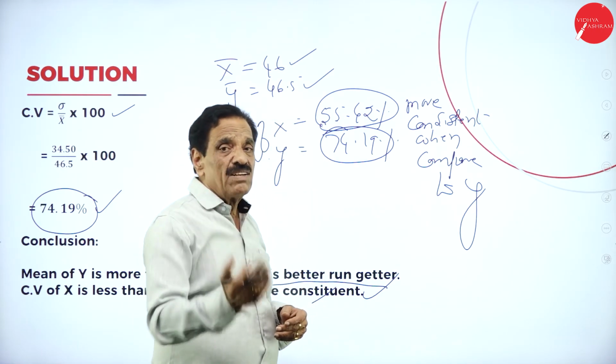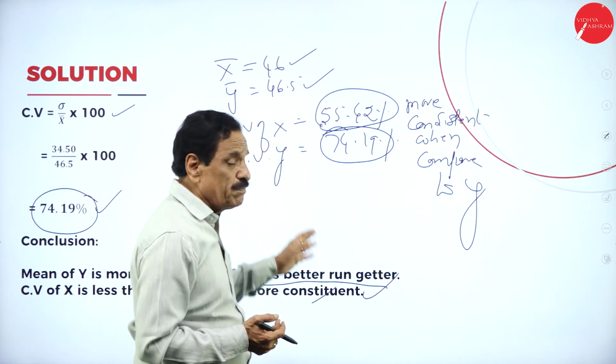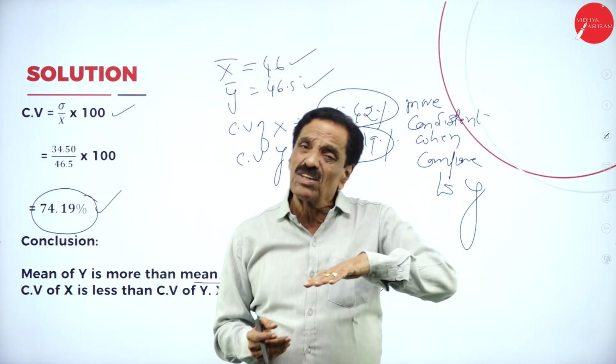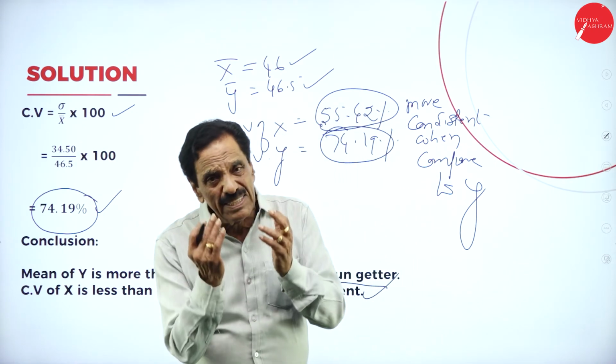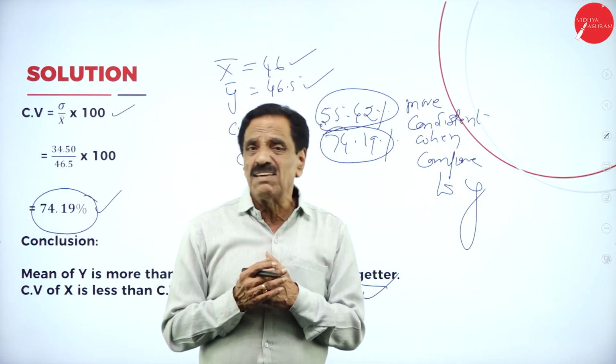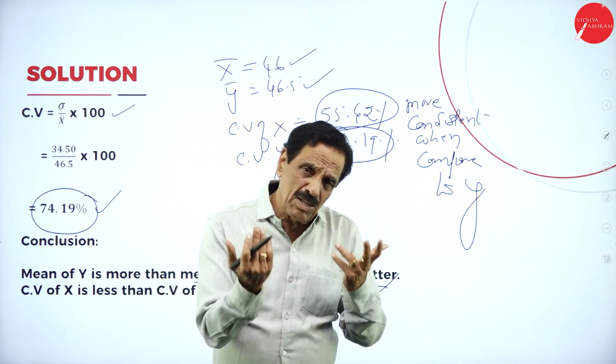In the next class, we'll solve 2 or 3 problems of the same type. Each will come in the examination. Definitely, it will come in the exam. You can take the lowest value 0 and take the deviation, no problem. Or from the mean, we can take the deviation. Nothing is there. Whichever method you want, you can use.